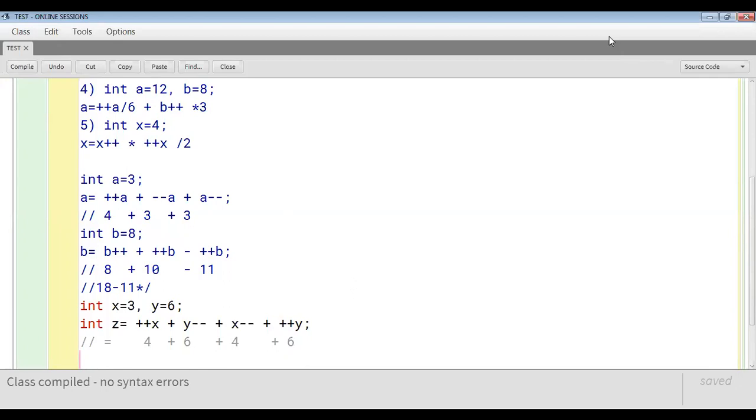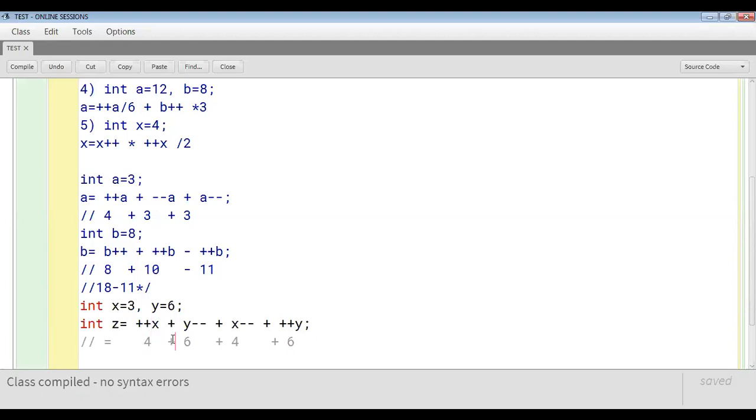Yes, yes. Okay, I will again explain, don't worry. See, what's the initial value of x? 3. What's the initial value of y? 6. So plus plus x means it is pre. You have to think in this way, the way I am saying. Plus plus x. So think whether it's pre or post. So it is pre, so it will change before the action. So here itself make it 4. Okay, so my x is 4 now.